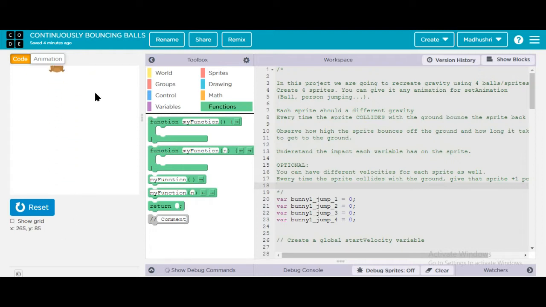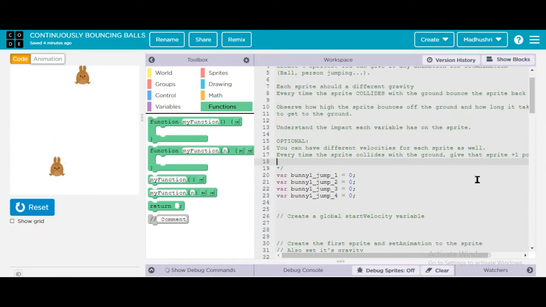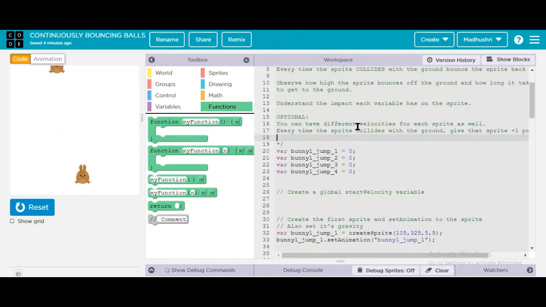So we have to observe how much gravity it is jumping with and how long it takes to come back to the ground. See, the first one went so high, and it hasn't come down, I think it will go so far up. So we have to understand each of the bunny sprite variables.